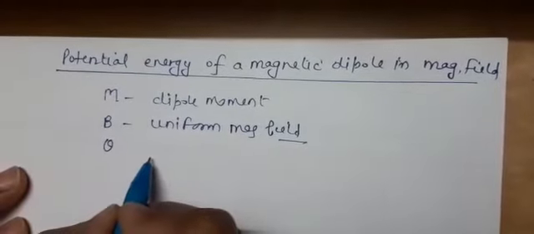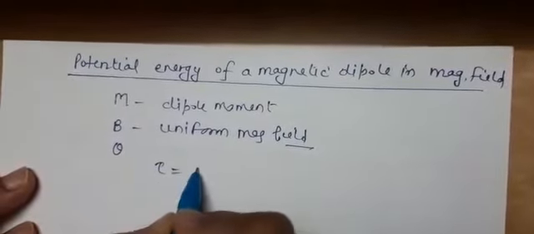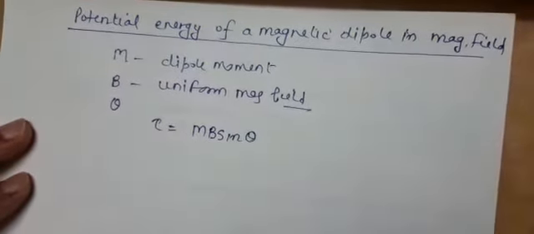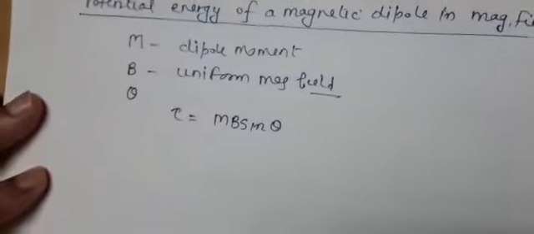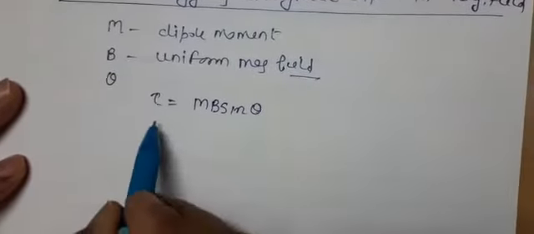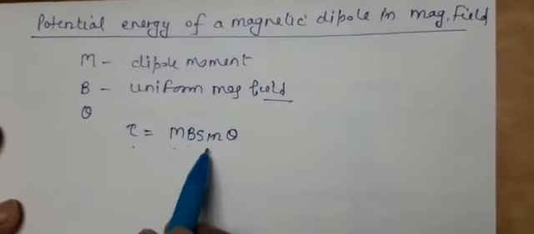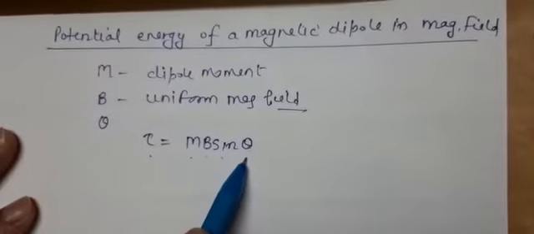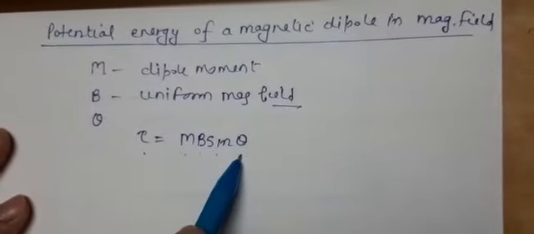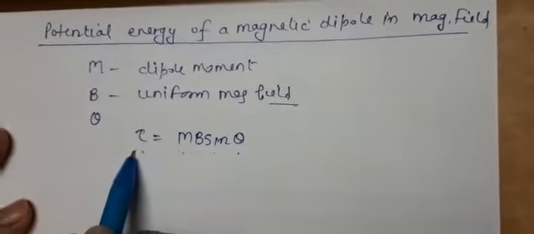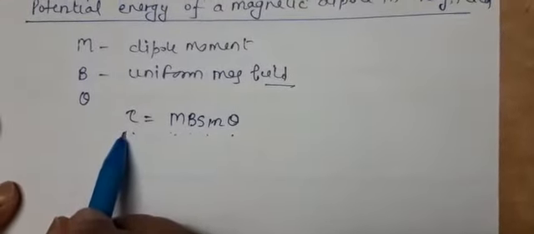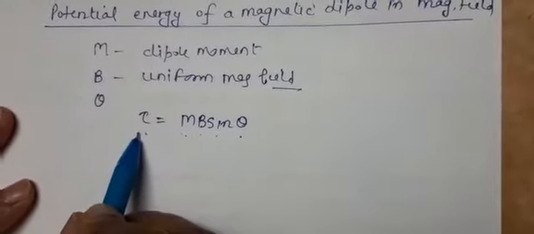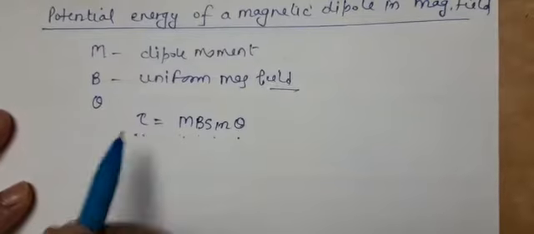So I am taking this result directly as we have explained this result in torque acting on a coil placed in magnetic field. So that is also same result we are getting. Torque is mb sin theta. So this torque tends to align the dipole in the direction of the field. So it means if some work has to be done in rotating the dipole, so that work done in rotating the dipole against torque, it is stored as potential energy of the dipole.